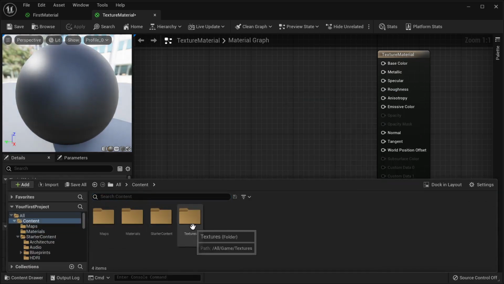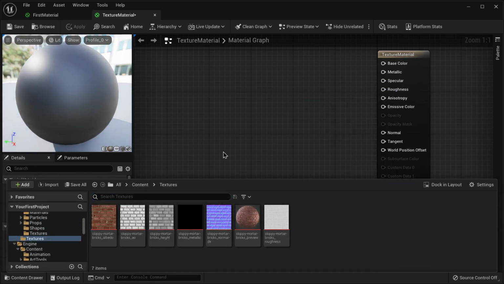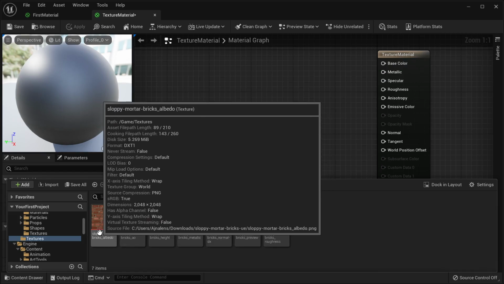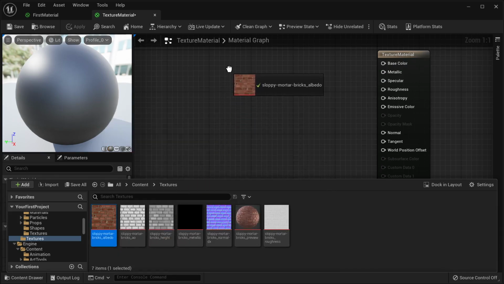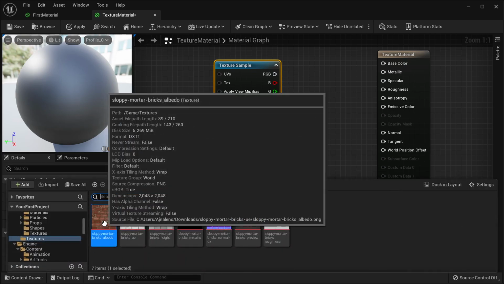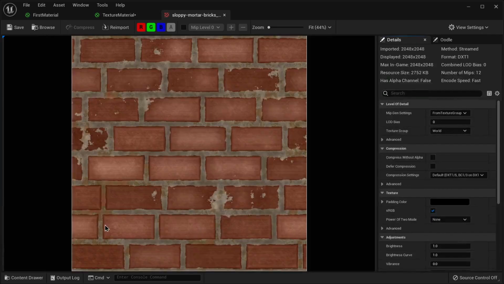I will go back to the textures. Firstly, let's add the base color. The base color, as I said, is also called the albedo or the diffuse. So here we have the base color for this material, which is actually a texture. So it gets converted into the texture sample. If I double press this texture, which is basically a PNG image,